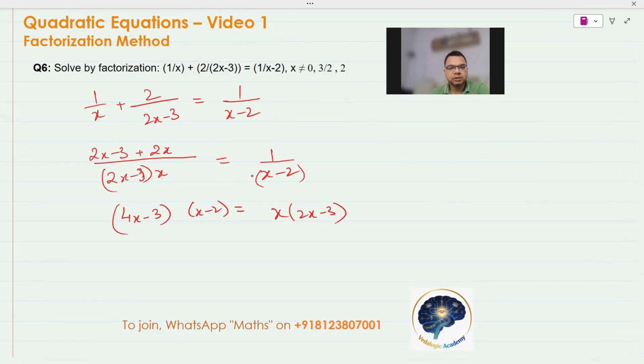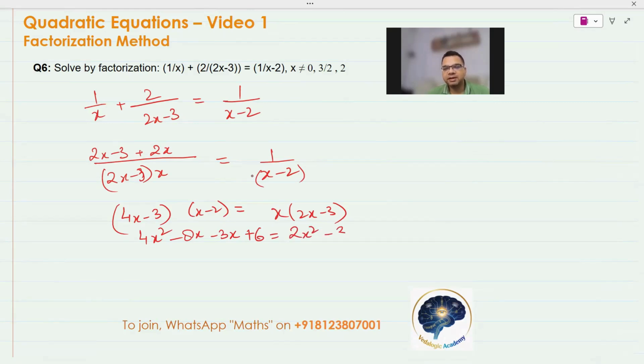Okay, so now let's open the brackets and see what happens. 4x square minus 8x. So I multiply 4x into x, I have 4x square. 4x into minus 2 is minus 8x. Minus 3 into x is minus 3x, and minus 3 into minus 2 is, sorry, plus 6. Okay, and on the right hand side, x into 2x is 2x square, and